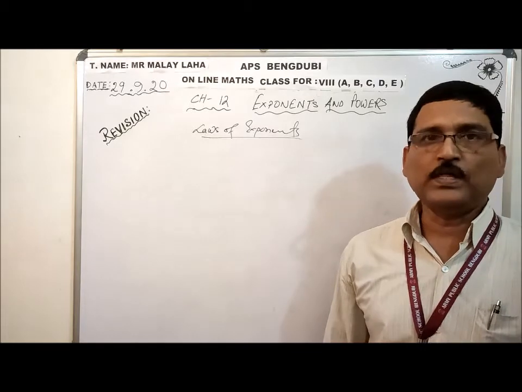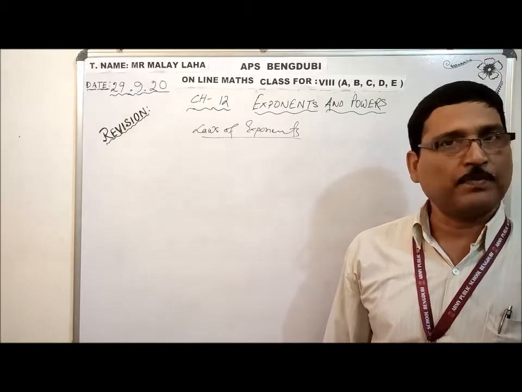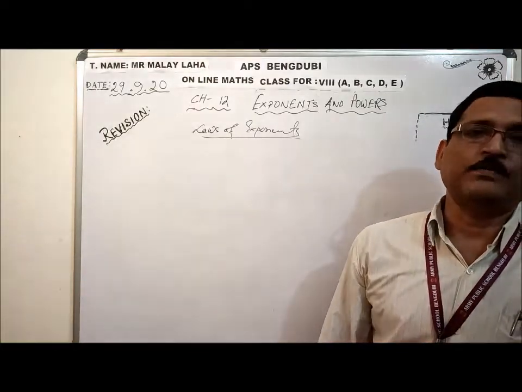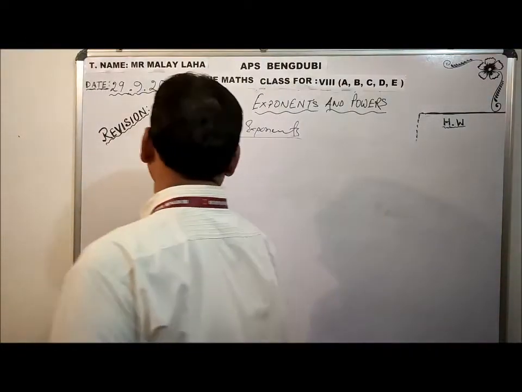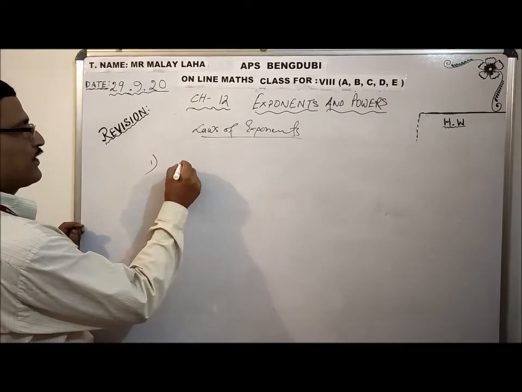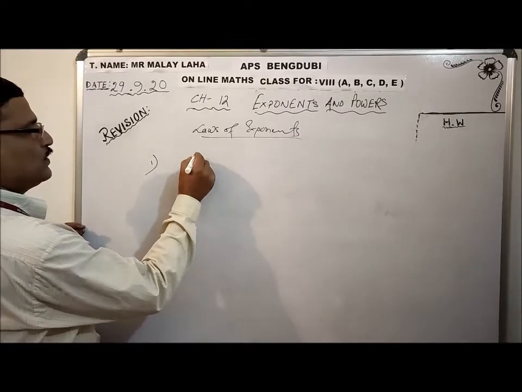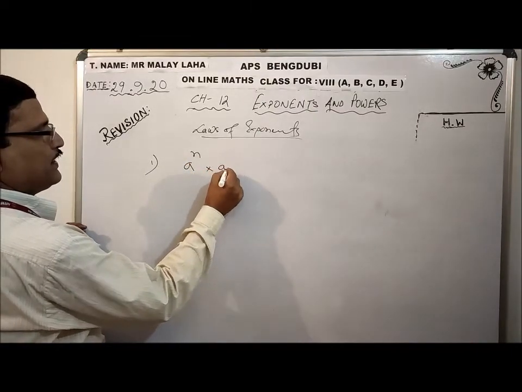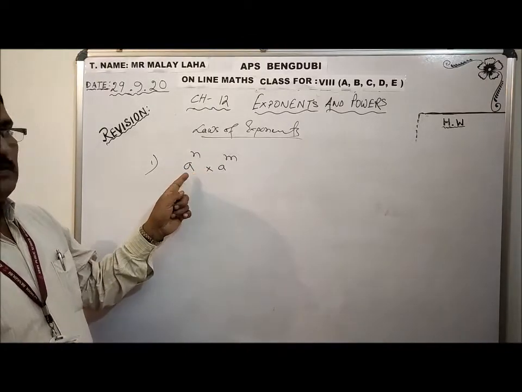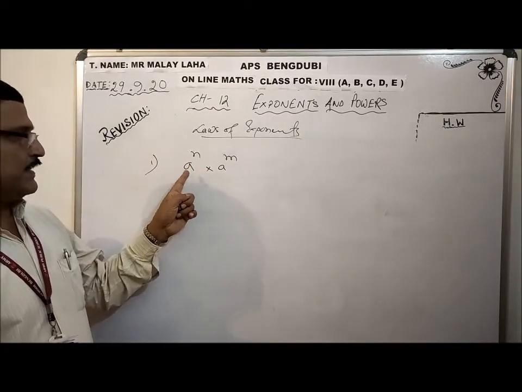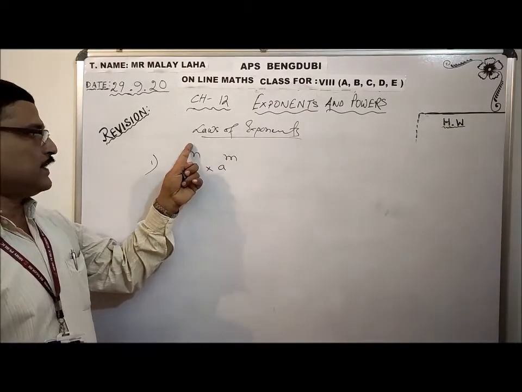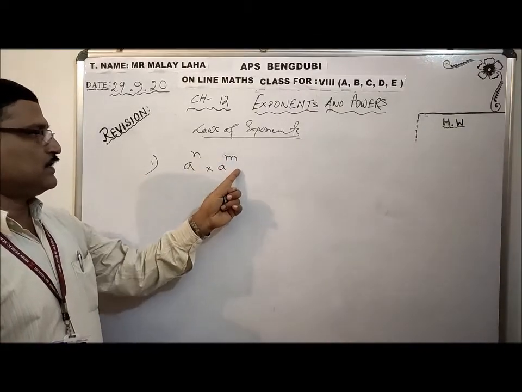Okay. So if you know the laws, whatever laws I am giving you properly, you will never face any problem. And definitely it will come in your exam. Please be careful. Laws of exponent. First one, a raised to n into a raised to m. When a multiplication sign is there and the base is common, then the power will be added. This is the exponential form.